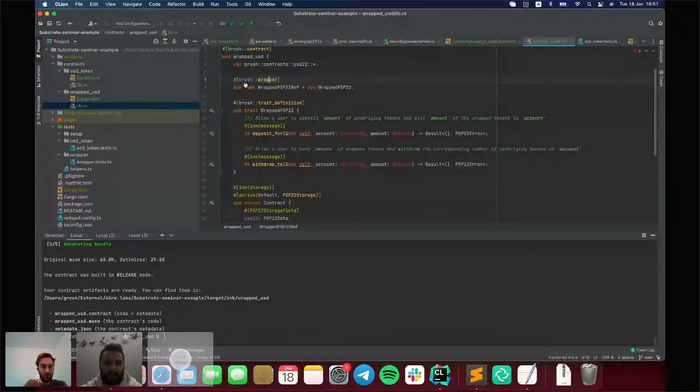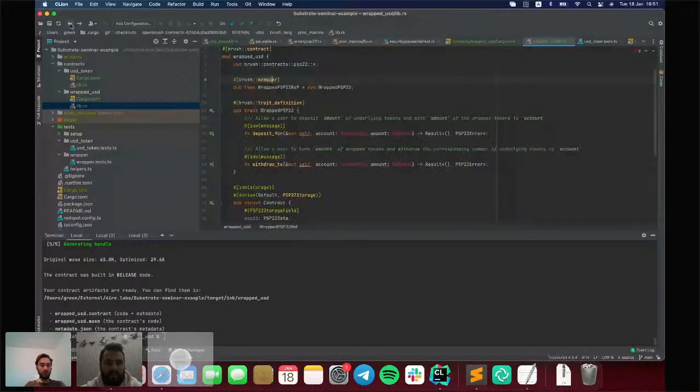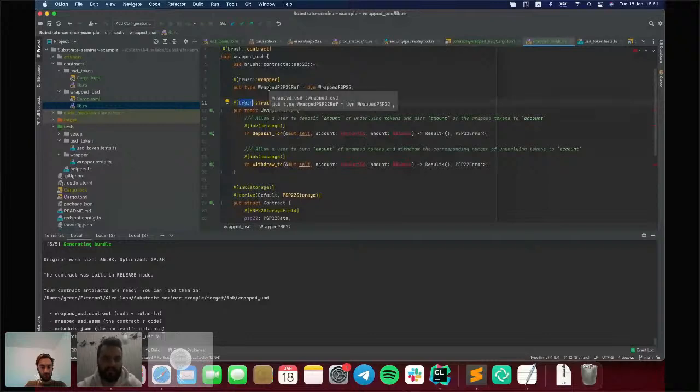It allows a developer to create a wrapper around some trait that can be used to do cross-contract calls. I will show you later how we can use it, but it's why we suggest using the Brush trait definition instead of the Ink trait definition, because it generates some additional stuff that can be used later.